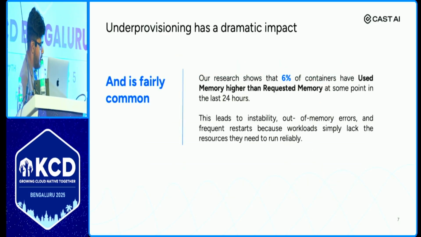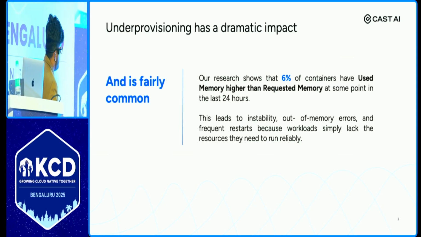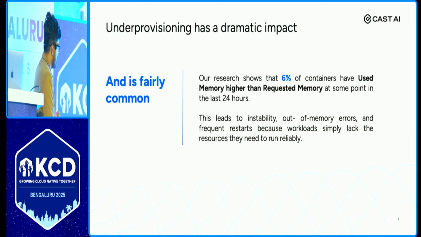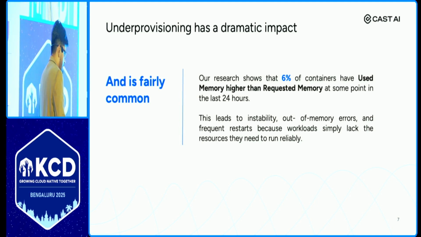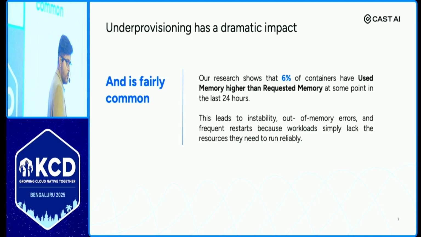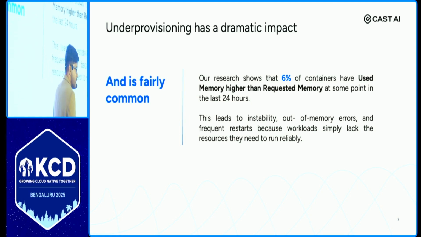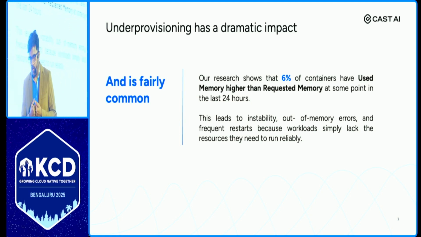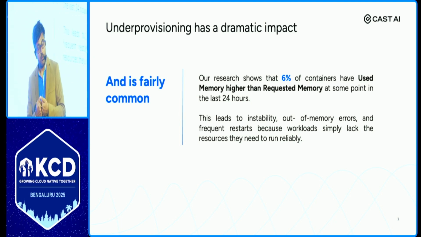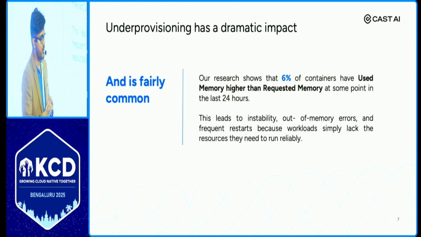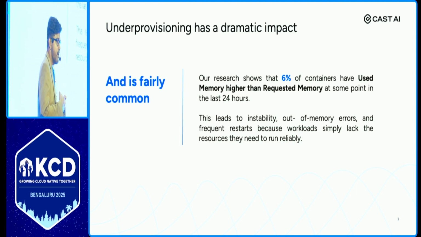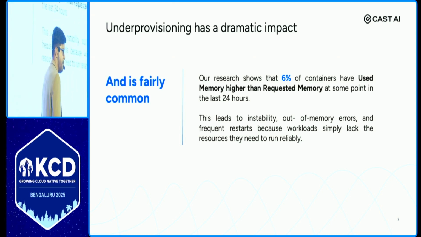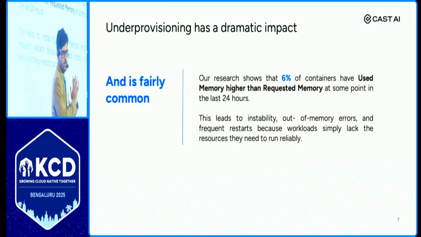Let me take a reverse example, right? It's the opposite of a saving example, but let me explain this. In our research, we also found that 6% of applications are under-provisioned. When you say under-provisioned, it means you are artificially bottlenecking. For example, let's suppose your application can do 5000 TPS, but you have given it fewer resources. Why? The same reason: humans are bound by habits. They tested in the past that it works like this.